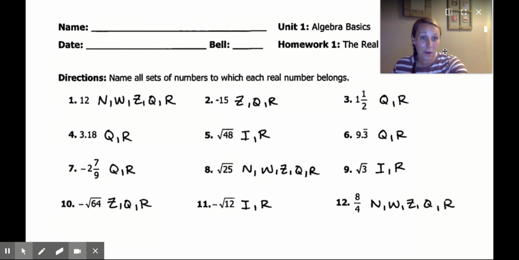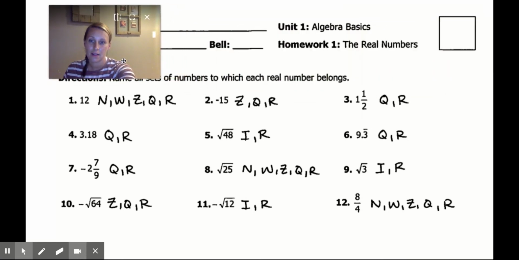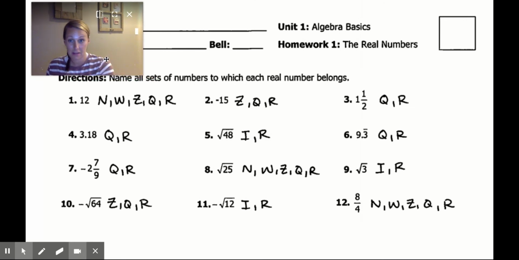And remember that we're always simplifying before we classify. So if you're getting some of these wrong, perhaps that is one of the reasons why. This little box up here in the upper right-hand corner is where you can write your final score. We're not done correcting yet, but I just wanted to point that out while this screen is up.